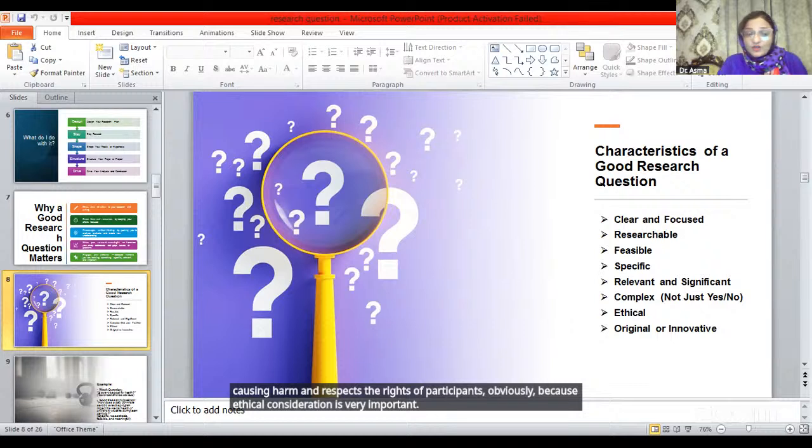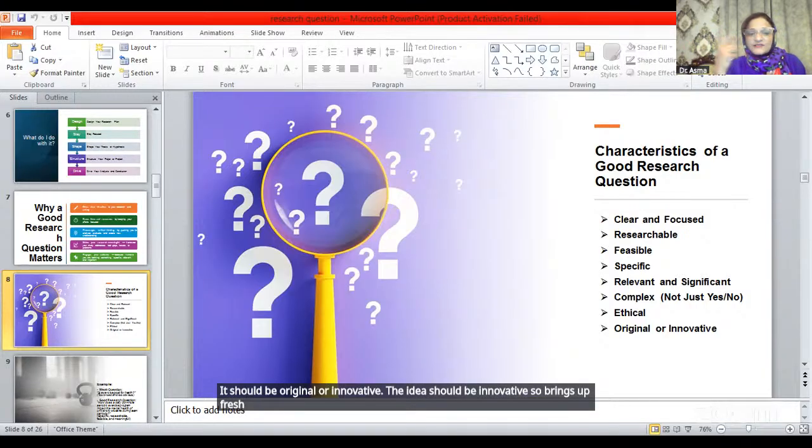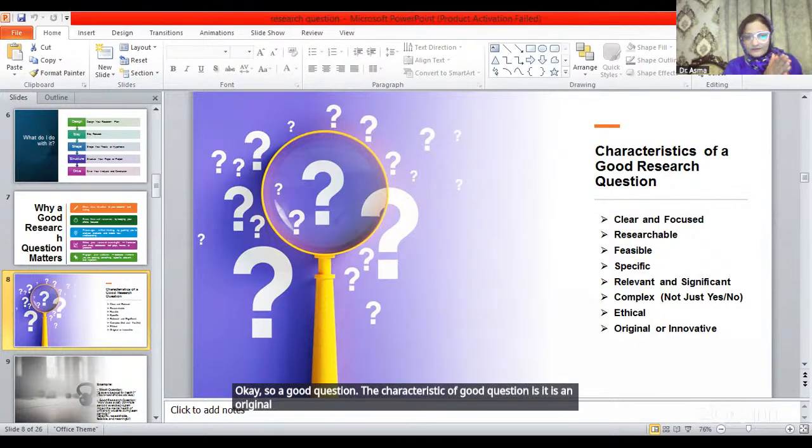It should be original or innovative. The idea should be innovative. It brings a fresh perspective or explores a less studied area rather than repeating well-known answers. So a characteristic of a good question is that it is an original, innovative one that no one has done before. For example, if we talk about a weak question,